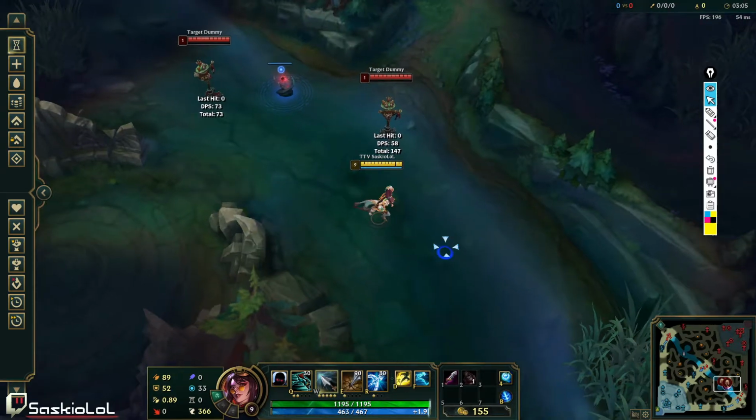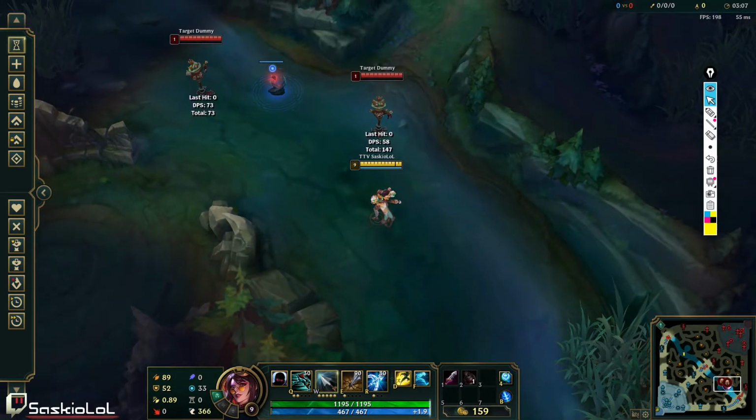So right there, a Malphite ult range. A Nautilus hook range. Maybe a Sejuani ult. Maybe Sejuani Q and ult. It's where she flies towards you and then ults, right? Or Fizz Shark, right? You have to draw out the biggest things that can kill you and be careful of it. Okay? So that's one way you can use this concept in a real team fight. I'll cover it one more time again once we get into it, but yeah.